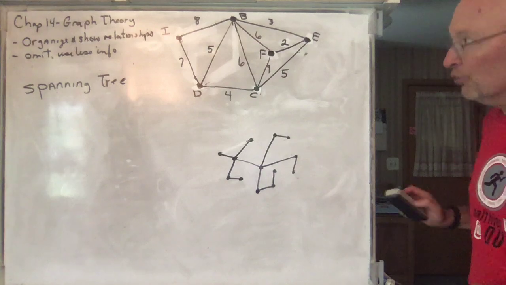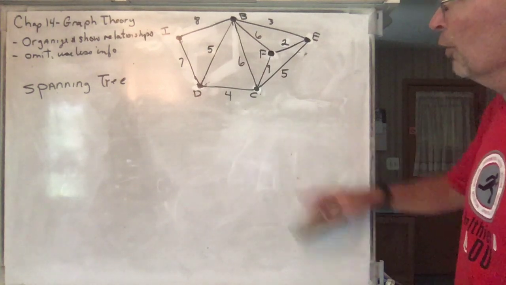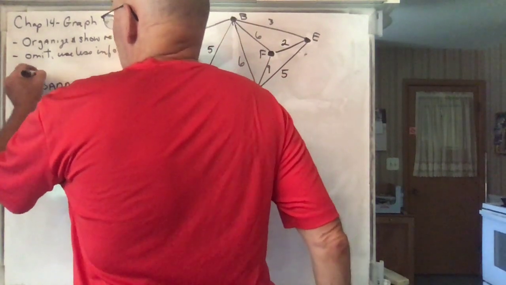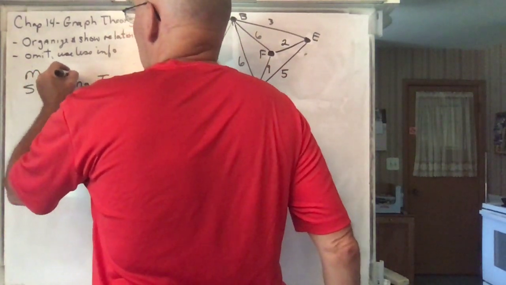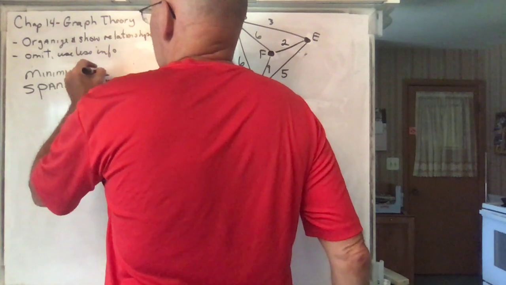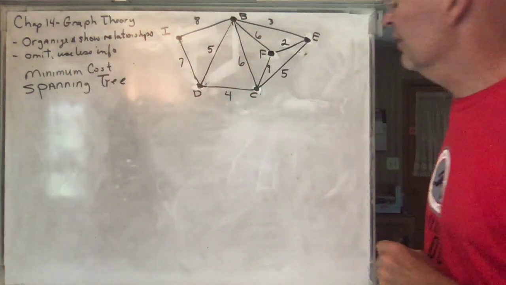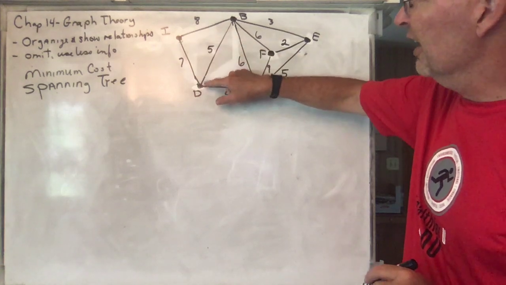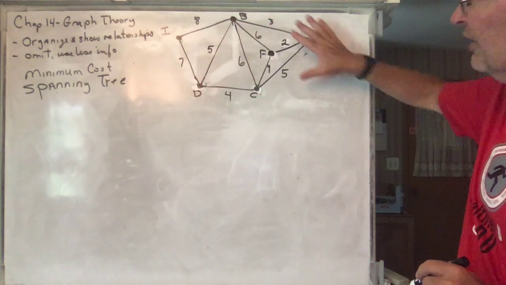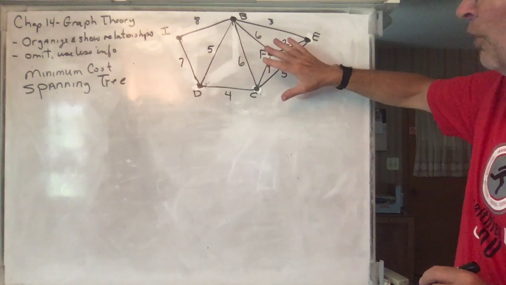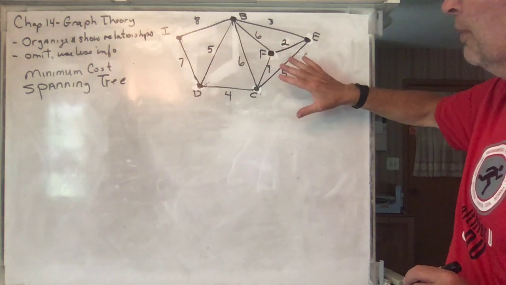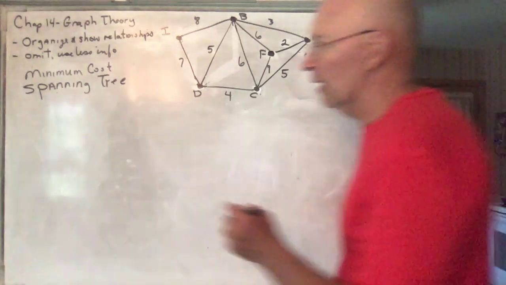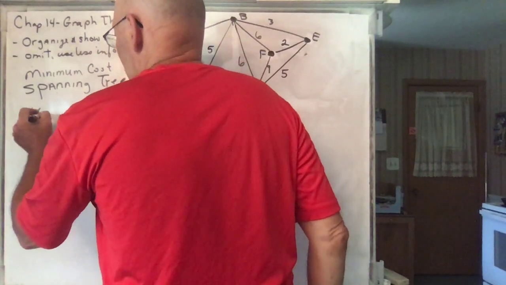And usually when you have a spanning tree, especially if it's a weighted graph, you want a minimum spanning tree, a minimum cost. Minimum cost or minimum spanning tree, meaning if this is how much money it costs to connect each of these houses, you want to get them all connected. You want to get them all connected in a tree, but with a minimum total cost. So how do you do it? There's an algorithm called Kruskal's algorithm,